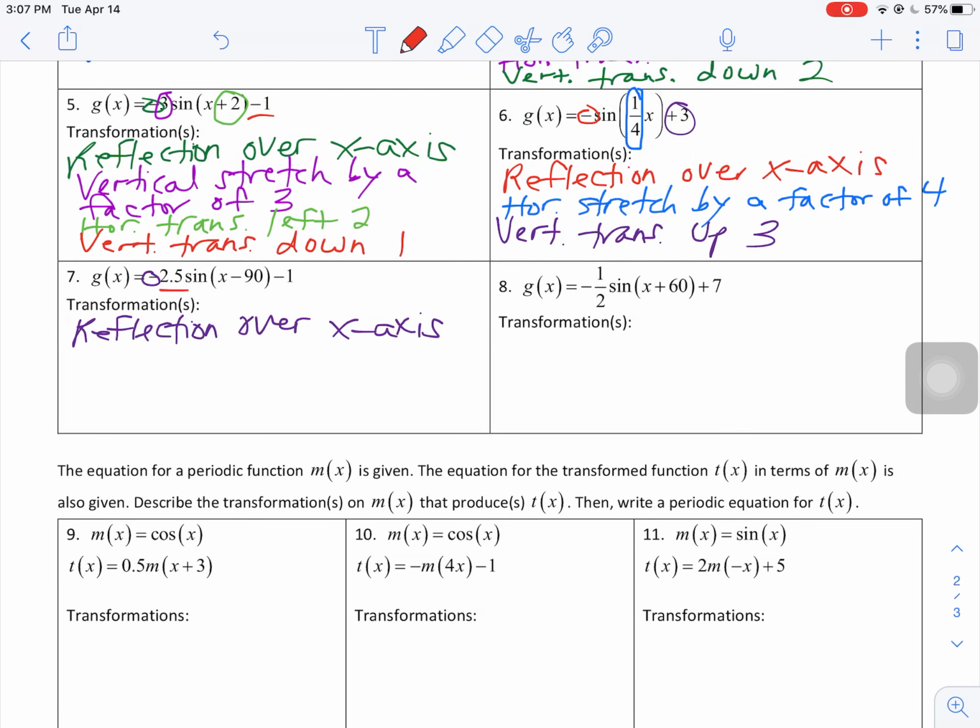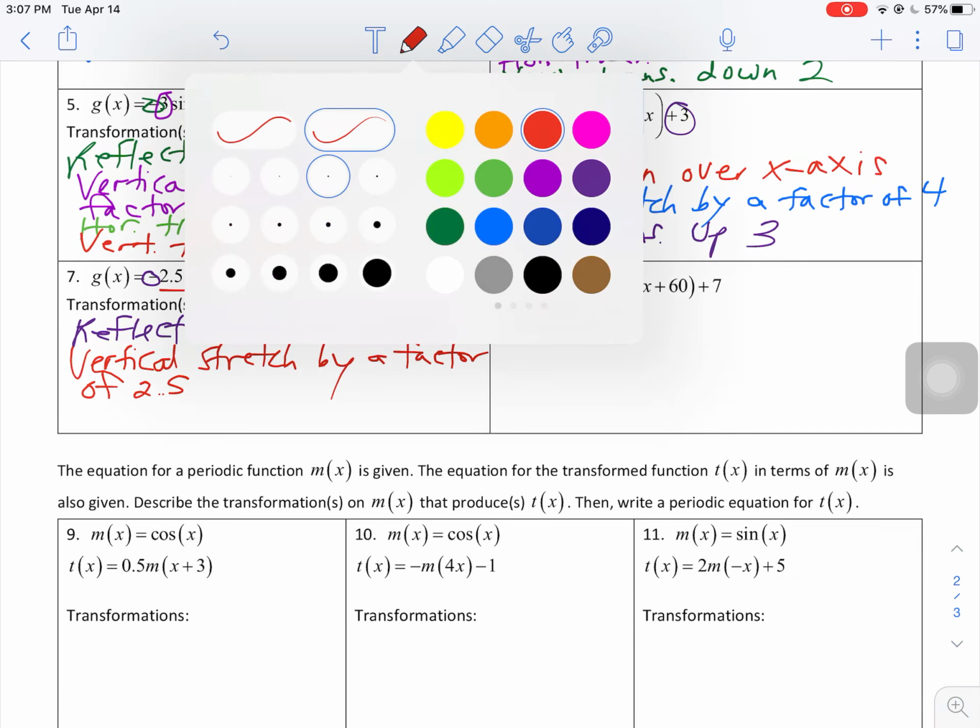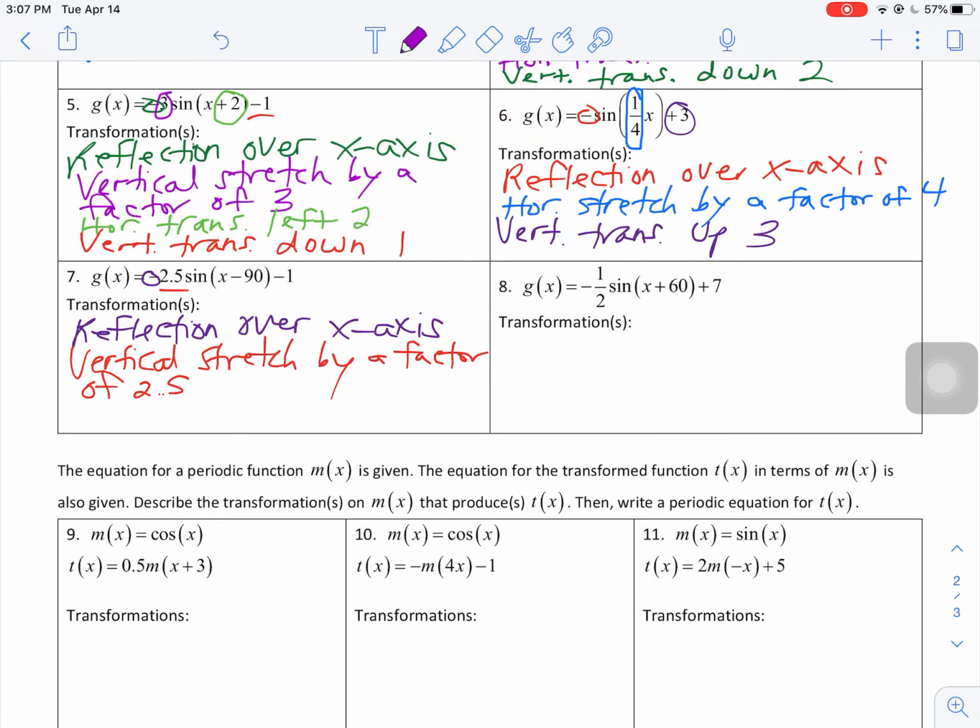The 2.5, that's larger than 1, so that's a vertical stretch by a factor of 2.5. The minus 90 would be right 90, so horizontal translation right 90. And then the minus 1 would be down 1, so vertical